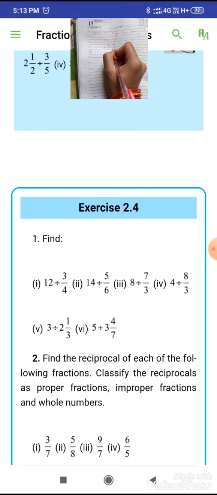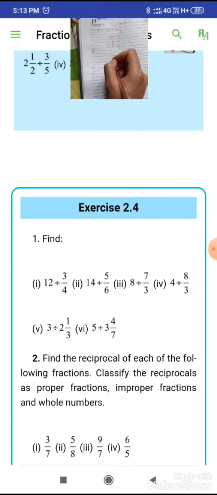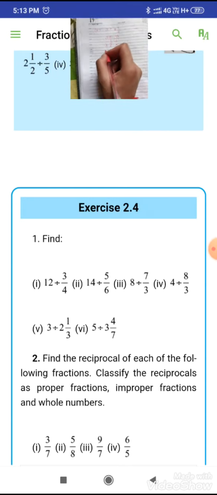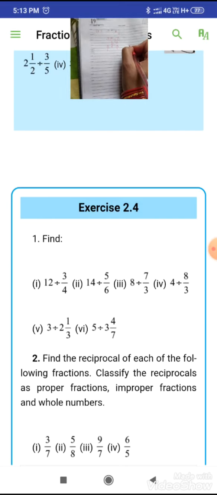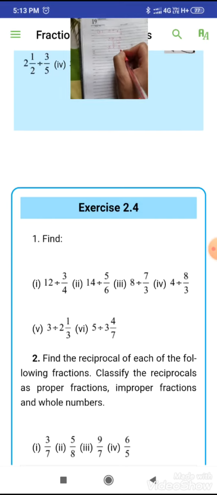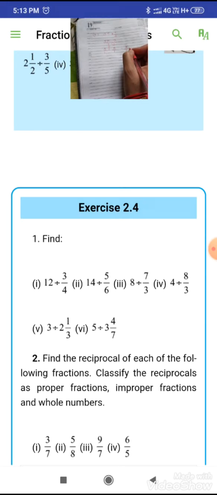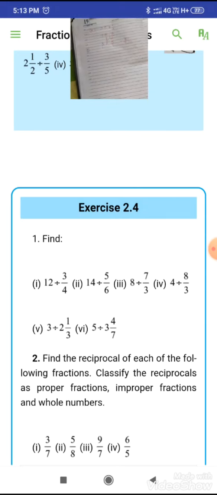So here is reciprocal of 7 upon 3, which is 3 upon 7. Then multiply these two fractions, and we have 3 3s are 9 in the numerator and 7 1s are 7 in the denominator. So our answer is 9 upon 7, which is